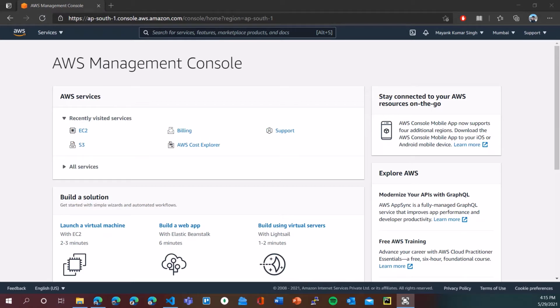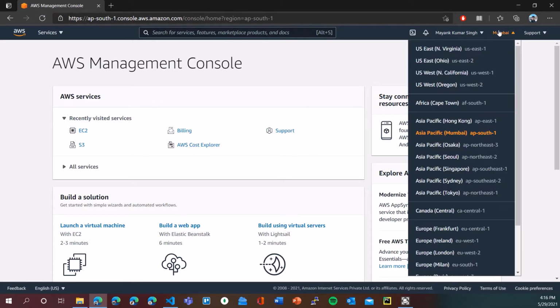So let's start. First of all, log in to your AWS account. I'm assuming that you have already signed up on AWS and have completed the sign up procedure. After you do that, choose the region as Mumbai. Probably by default, your US East Ohio region will be selected, but choose Asia Pacific Mumbai AP South 1 so that your server is as close to your home as possible so that you are able to connect to the server very fast.